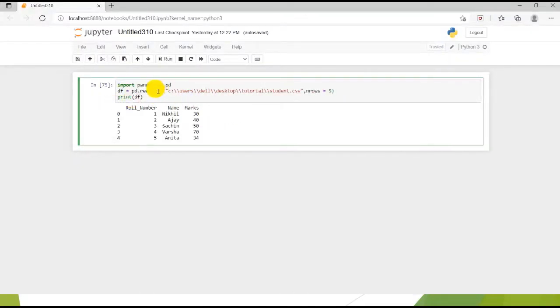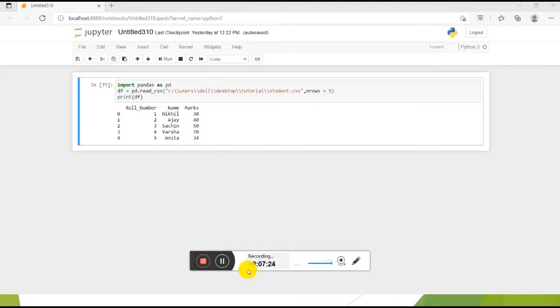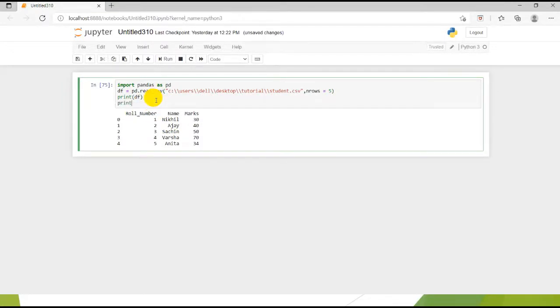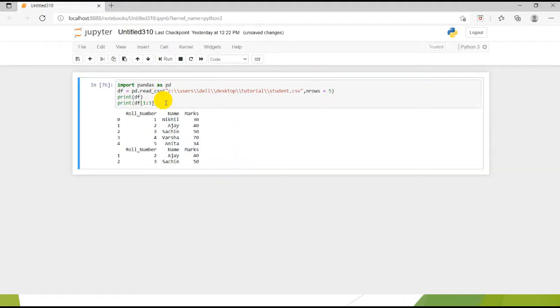Okay, so this is how you create a data frame of a CSV file. You can process this data frame as per your requirements. Suppose I want to slice through the first 2 records of a data frame.